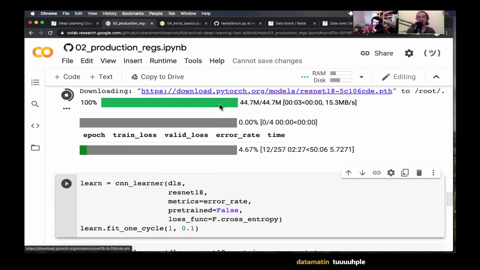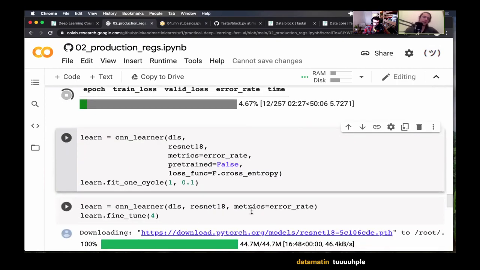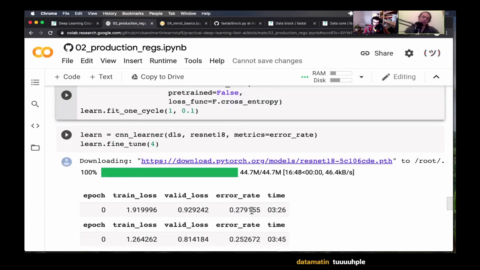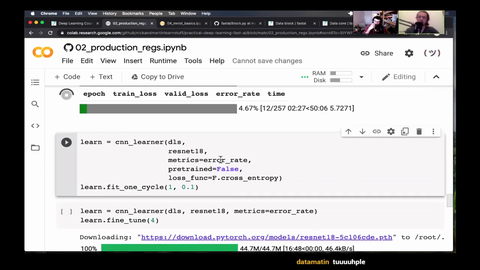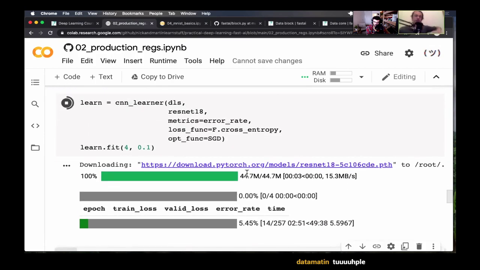Okay, so we can't really do anything here. We gotta wait for this to finish, which is gonna be a while. So let's see what we understand about it. Let's take this first one, the one that's running right now, and break it up. We have the metrics, we're still doing the error rate, and the loss function, cross entropy, and the optimization function is SGD. So let's go back into the other notebook